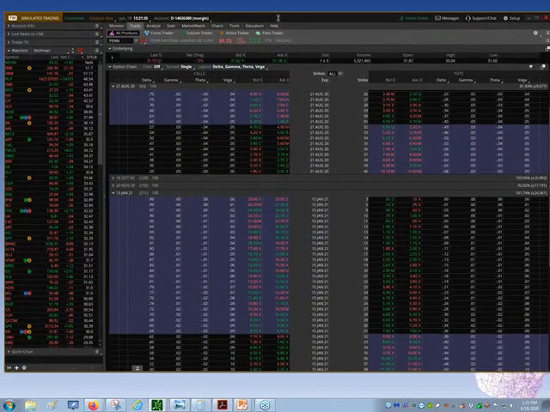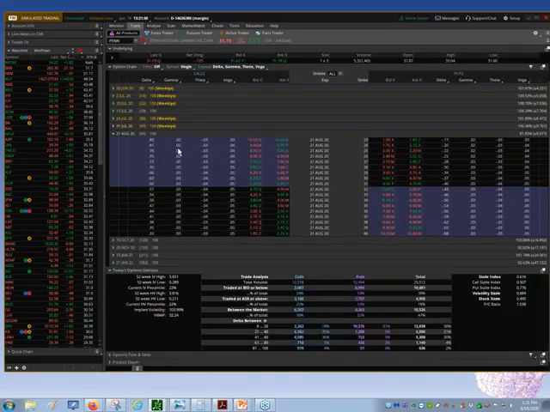All right, so delta right here. Delta tells us what the change in our premium is going to be for the strikes of the calls and the puts, so we can look at either one of them. Delta is negative on the puts. Why? Because the definition I just gave you is on the assumption of a $1 move higher. If we're always thinking about it as a dollar move higher, then that makes delta negative in this case.